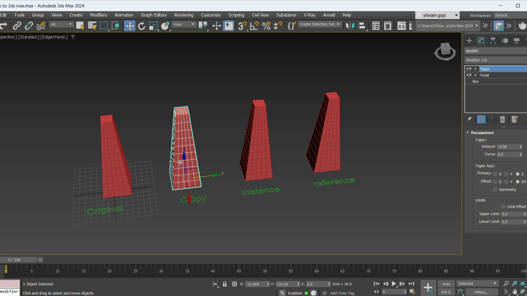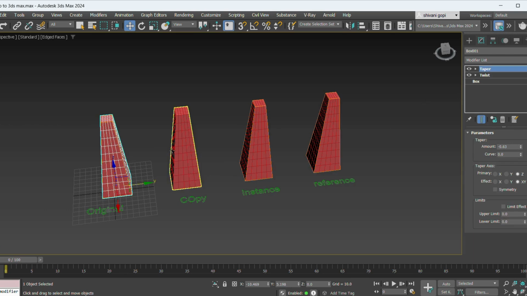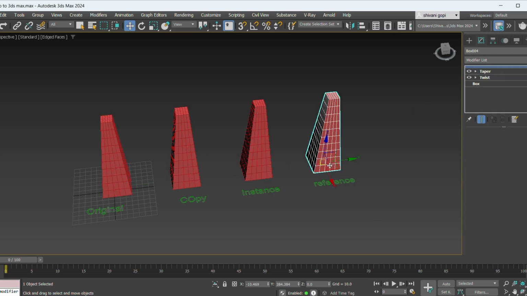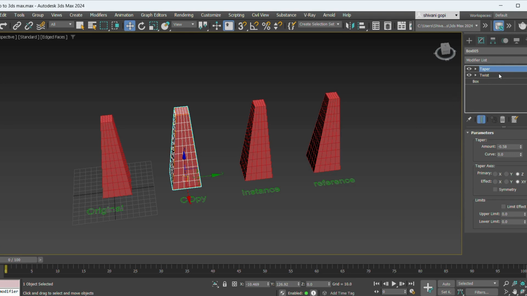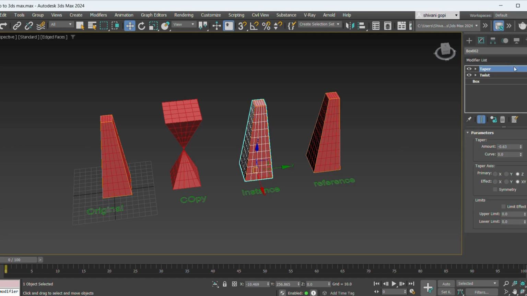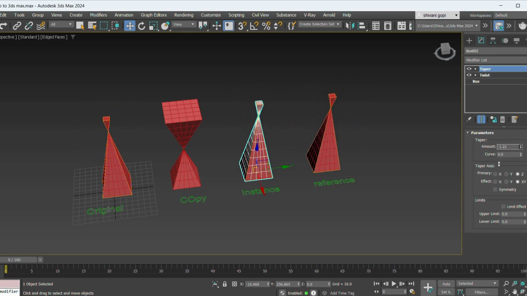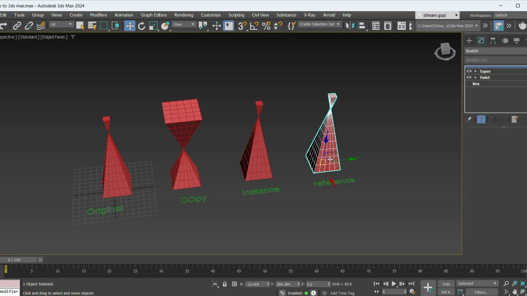But for copy, it becomes irrespective of anything that you do. It becomes an individual entity which is not connected to anything. So if you change original, instance and reference change. If you change copy, nothing changes because this is an individual now. Let's say instance. What happens if we do it here? It still has an effect on reference and original, so it's still acting like original. Whatever happens to original happens to instance. Whatever happens to instance happens to original. For reference,